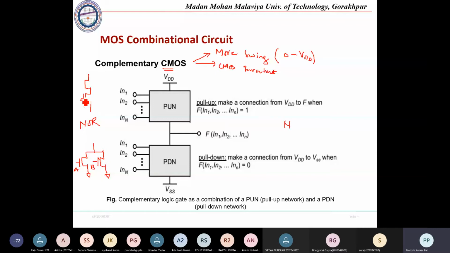Okay, so in this case the disadvantage is like a logic can be implemented by n number of transistors. But in case of this complementary CMOS logic, we will be needing n plus n, that is 2n transistors to implement a particular logic. Okay. That means in terms of area constraints, we can say this can have a disadvantage over all other circuits. Okay, but all other parameters like noise margin and the swing, all these parameters will be better in case of this complementary CMOS logic circuit representation.